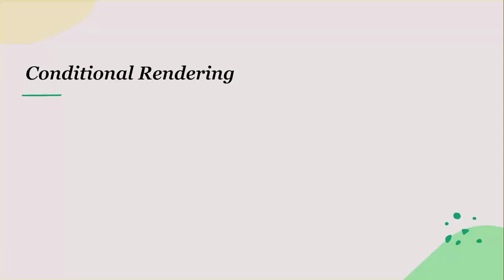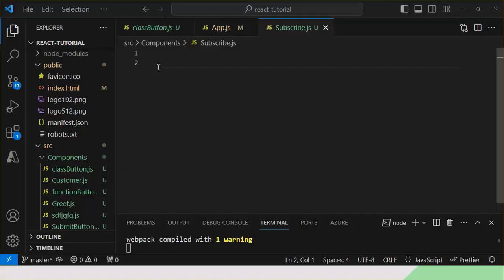In this episode, I will discuss conditional rendering of React. We often need to show or hide some content of our application. In React, we can show or hide content of application using JavaScript syntax like if statement, ternary operator, and logical AND operator. To demonstrate conditional rendering of JSX, I am going to create a subscribe component